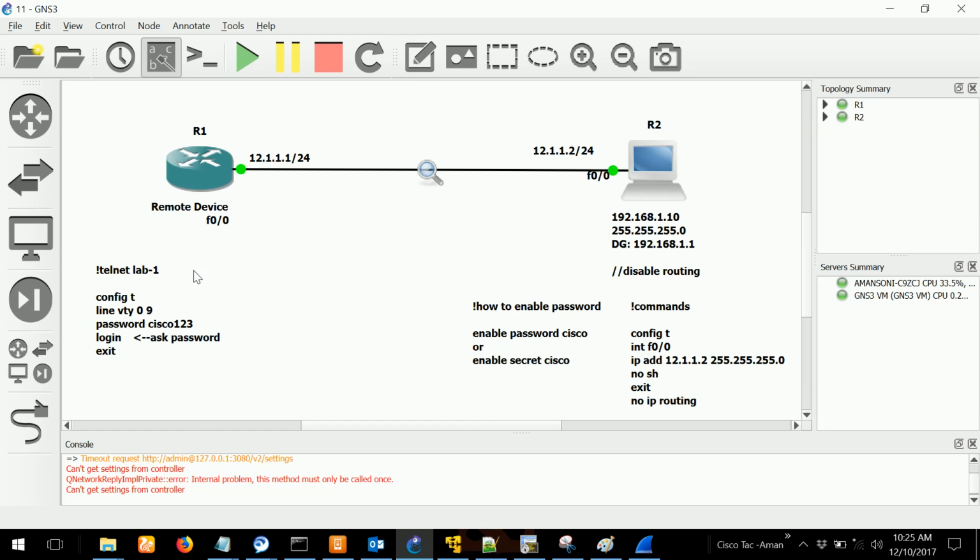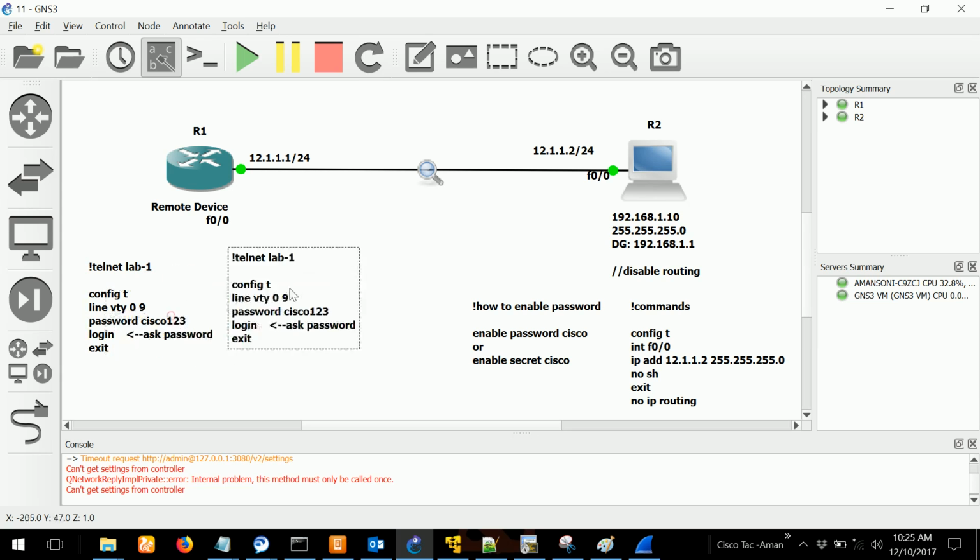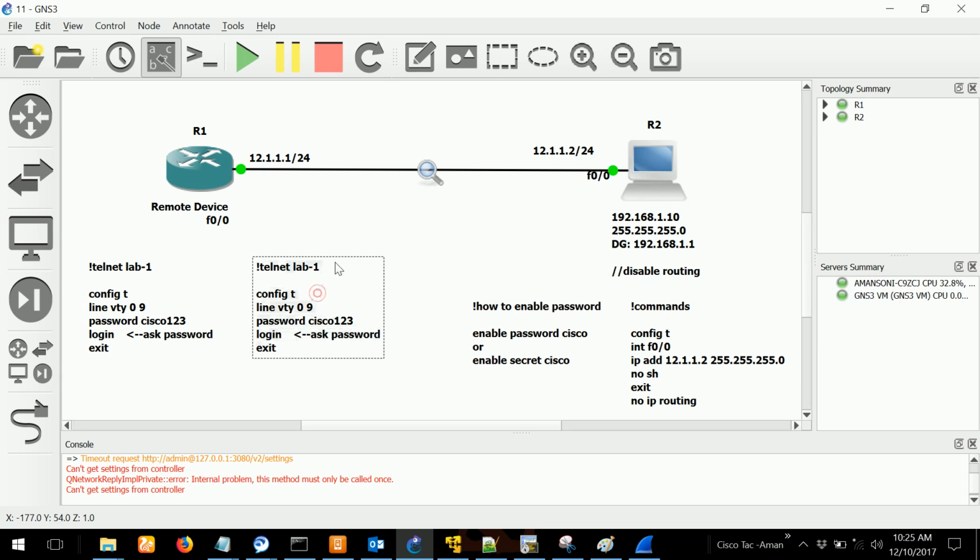Okay, a few tweaks I want to show you. You can do some very good, amazing things with the telnet command. Let me show you. I'll just tweak them. Basic telnet, now you are good with. That's why I put telnet lab 1 here. So this I will do, and I will not do login. I will not give this password because I want it to be more interactive.